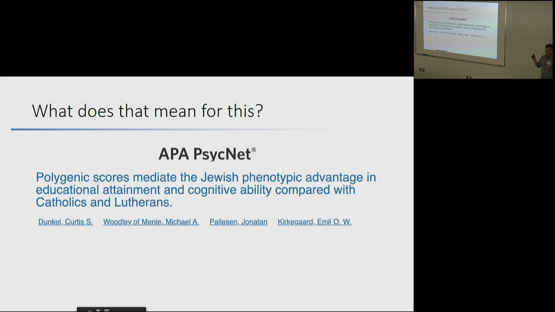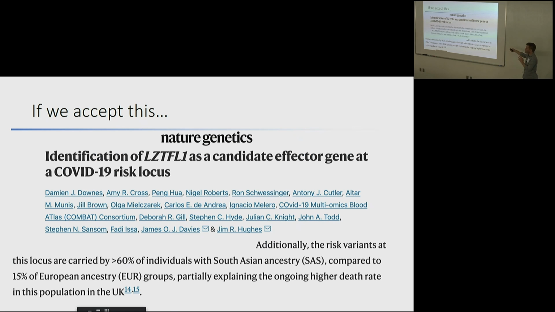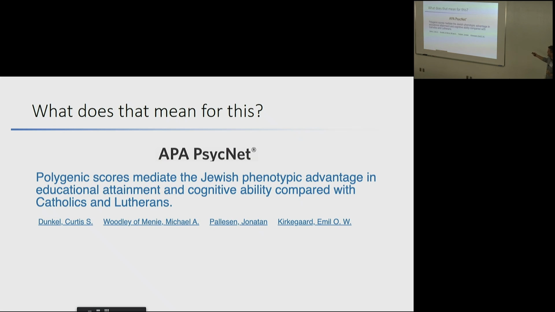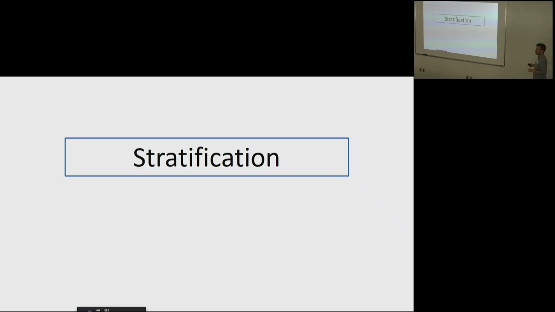However, using the same reasoning, there's a paper that came out several years ago where they say that differences in polygenic scores between Jews and Lutherans explain the cognitive performance differences between these groups. I think that both of these conclusions are garbage. But we see this kind of research, and it may motivate research that we perhaps don't want to promote. And so, as we work on incorporating diverse data into the work that we do, I think we need to be very careful about the limitations of what we can say, and make sure that we're doing it very cleanly.